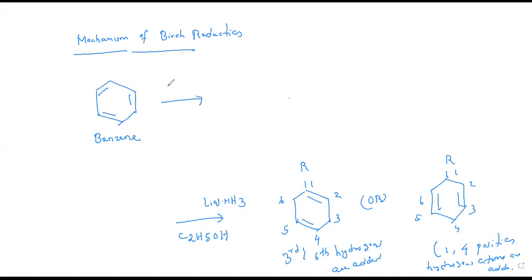Now I will take sodium, which is an alkali metal. Initially, the sodium will transfer a single electron to this aromatic ring. Therefore, the rearrangement of double bonds will take place in this way. Okay, so you are going to get